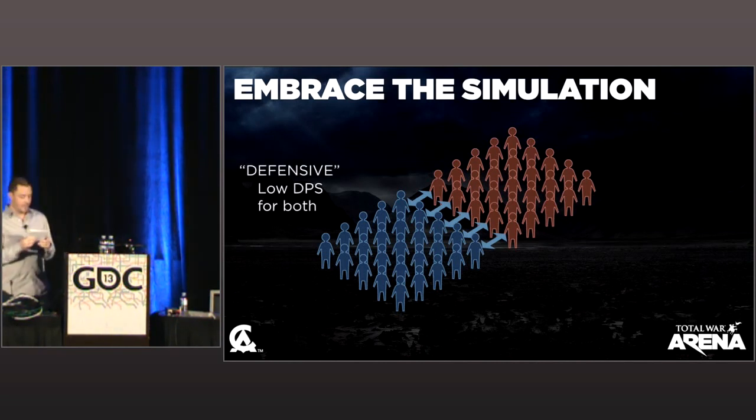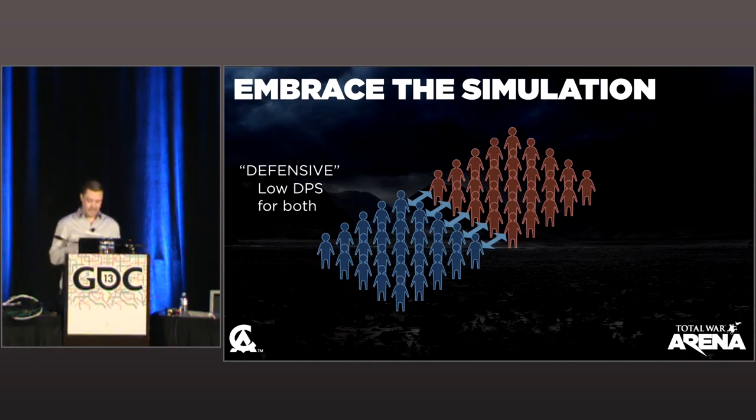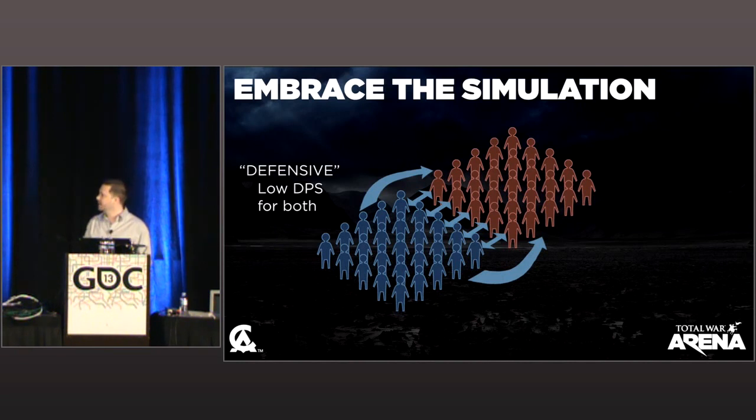It's a defensive combat. You've got low DPS on both sides there because you've got very few men in combat dishing out and receiving damage. Alternatively, blue here can move. It can circle the enemy